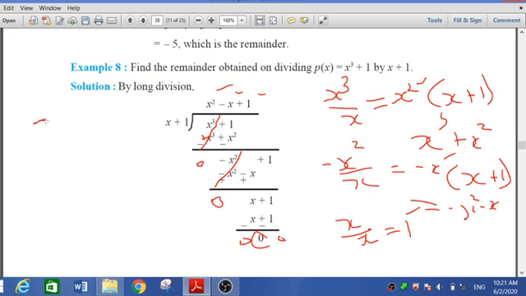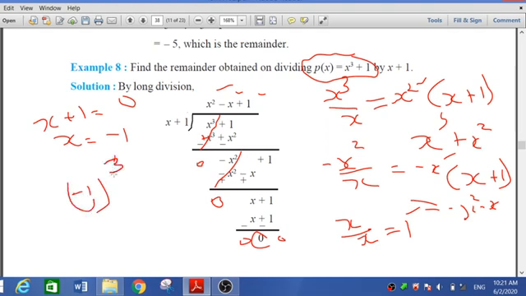So in this also we have to find the remainder directly. We get x plus 1 is equal to 0, so x equal to minus 1, I have to put in P of x. So minus 1 to the power 3 minus 1 plus 1. The answer is 0. So three important sums related to the long division method.